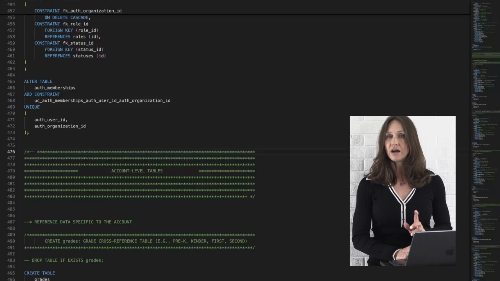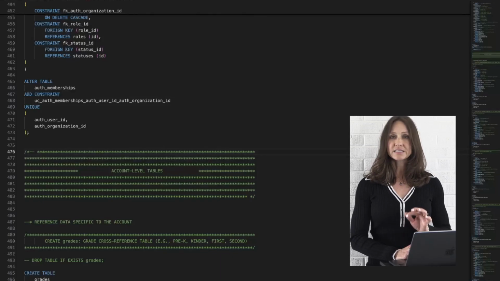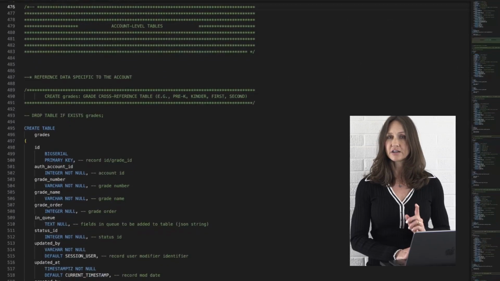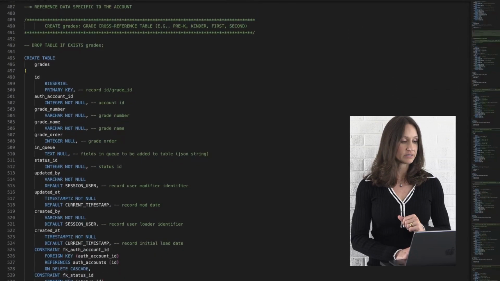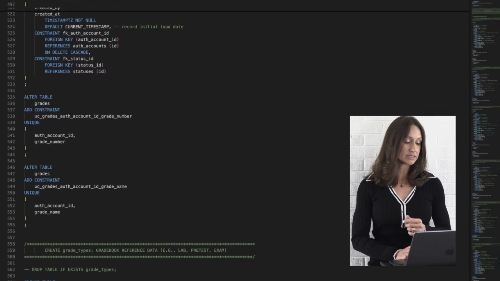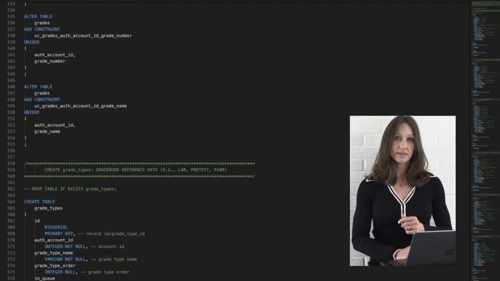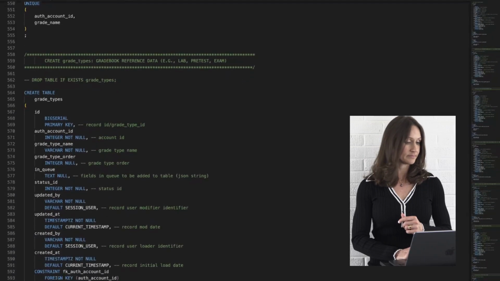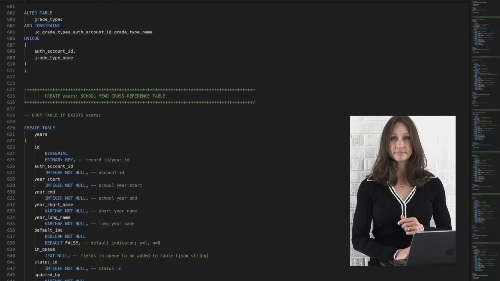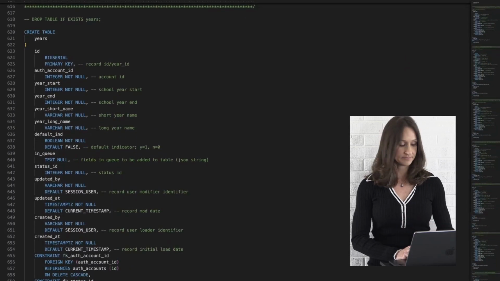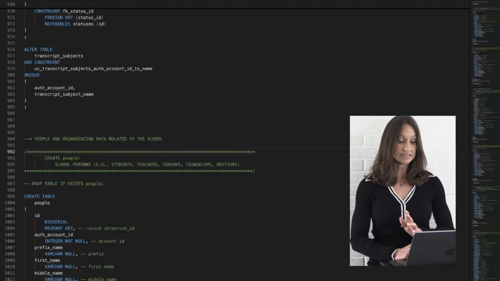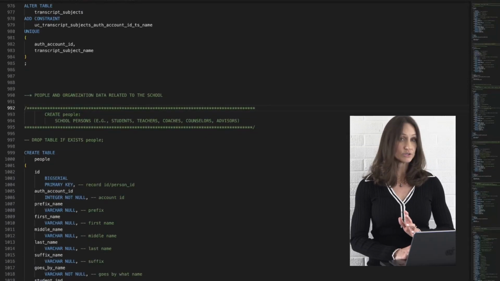Then there are the tables having data distinct to the account. We start with the reference data tables that are specific to the accounts. Things having to do with grades, school years, people and organization data related to the school,